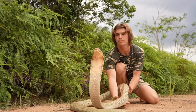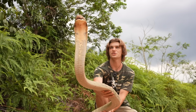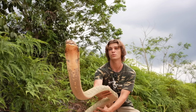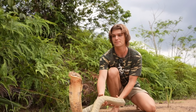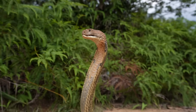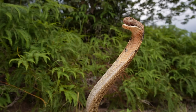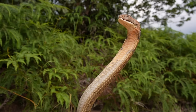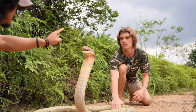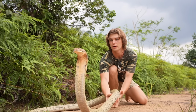But yeah, this is the world's largest venomous snake. And this one right here is known to be a very aggressive animal. Now, believe it or not, the biggest captive king cobra here in Borneo, ooh, he's fixated on Diaz in front of me right now, but as soon as he tilts his head a bit, he recognizes that, hey, there's someone behind me. But if we come back in, and he's fixated again,